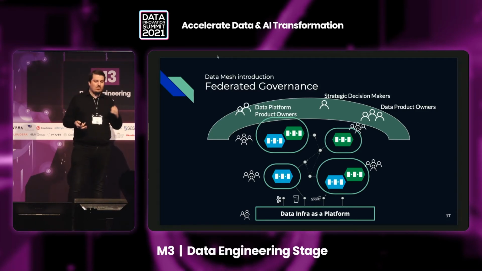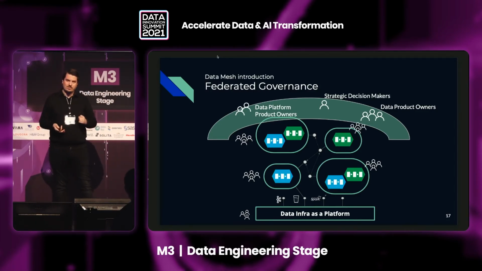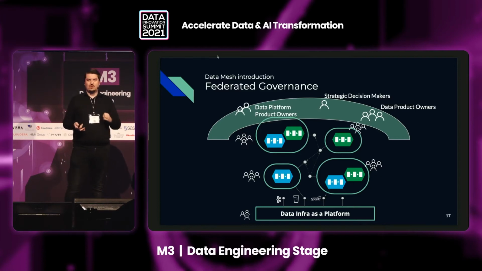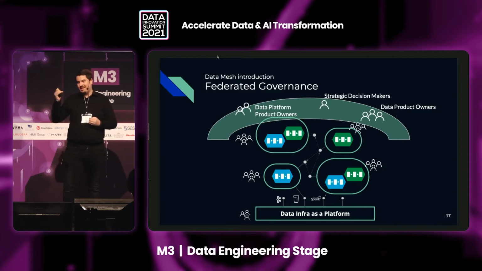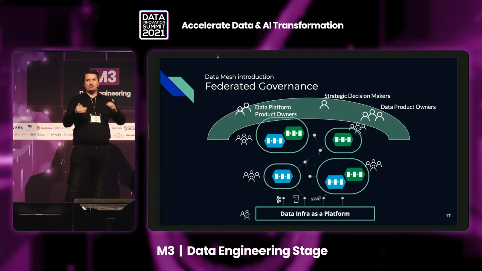One of the most important things about federated governance, though, is to not just focus on all the things that need to be aligned and standardized, but also to make sure that local decisions can be taken within the domain context wherever possible. So that wherever a certain decision only affects the context and the boundary of a certain domain, the respective people in the domain are enabled to take this decision by themselves without the need to, again, align with everyone and slow down the whole company.